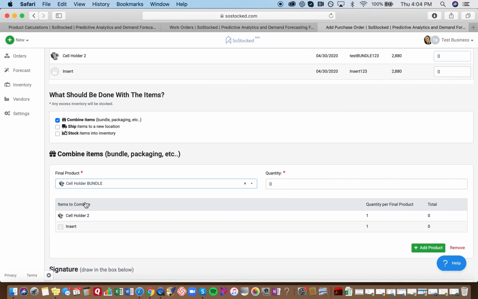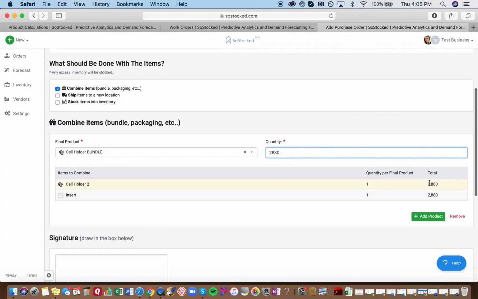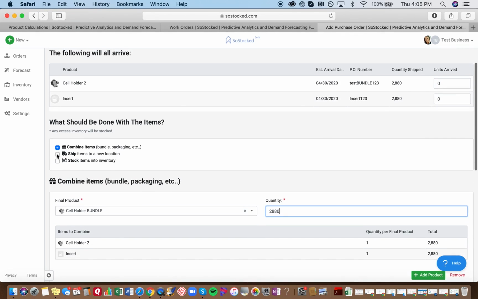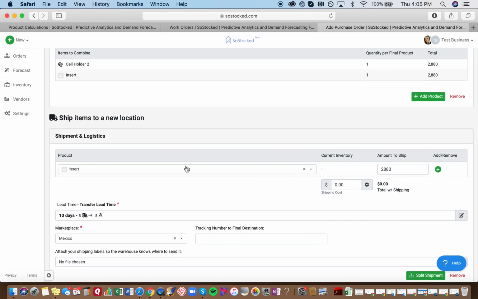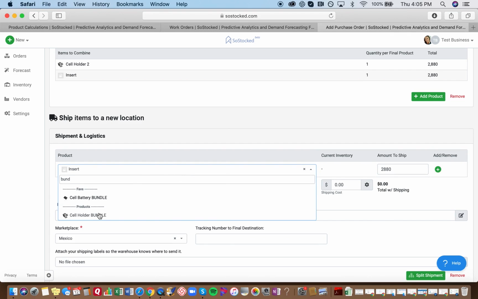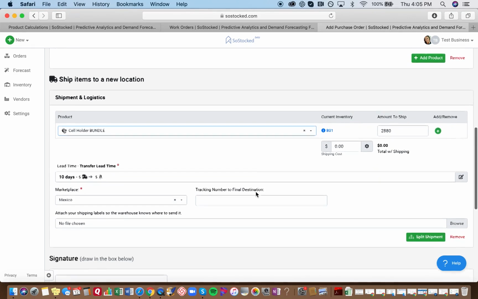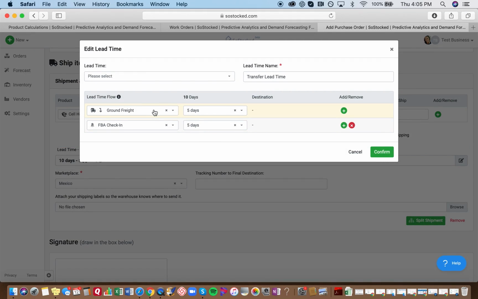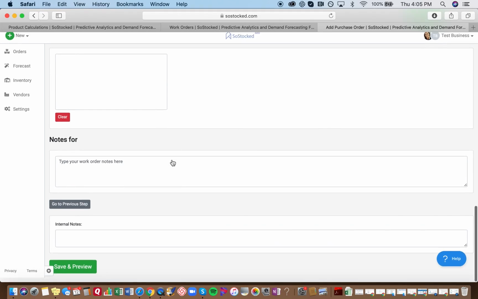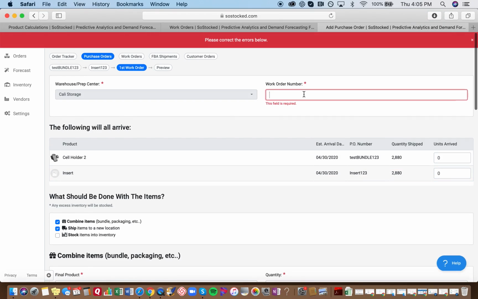So you let them know that you've got this cell phone holder, and you're going to be ordering 2,880, and it'll give the quantities of each of those, and then you can let the software know you want to ship those items. Right? You want to ship those items. It has the 10 days that it's going to take to ship those items. If this is not correct, you can always update. And then you save and preview, and you can then send this